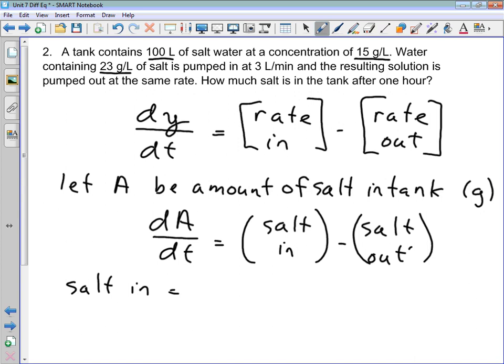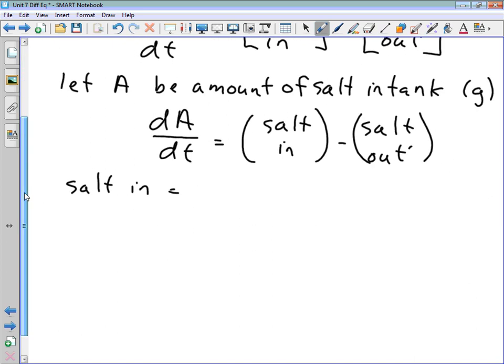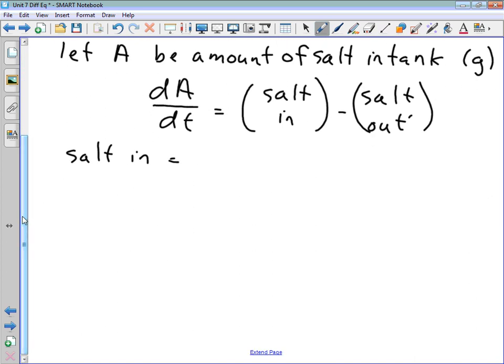We're given another concentration of salt water coming in, and we're given the rate at which water is coming in. So if we want to calculate the amount of salt that's coming in, we want to take the volume of water coming in times the concentration of salt